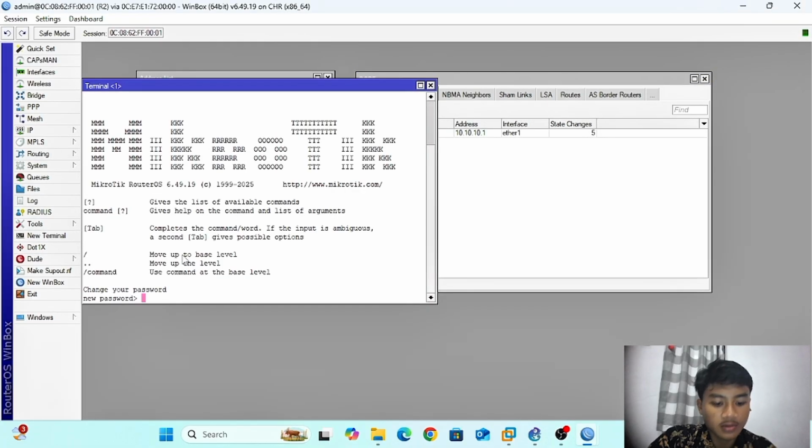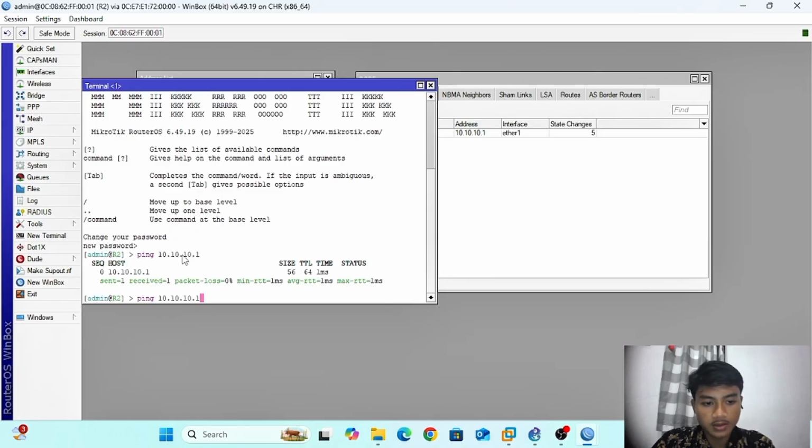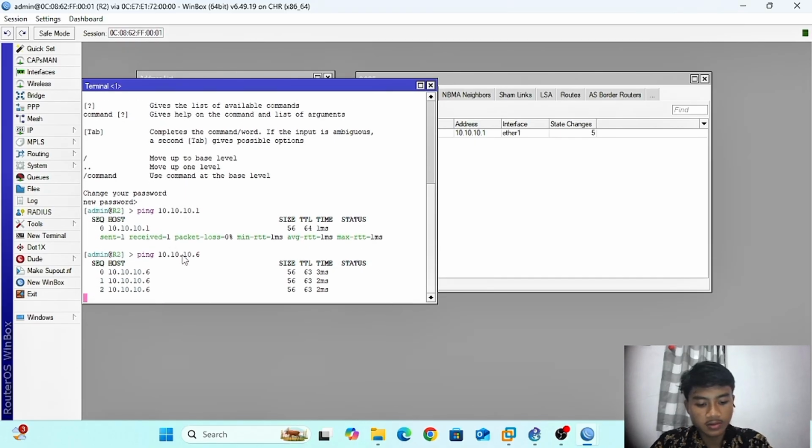And at router 2, ping 10.10.10, press enter, okay.